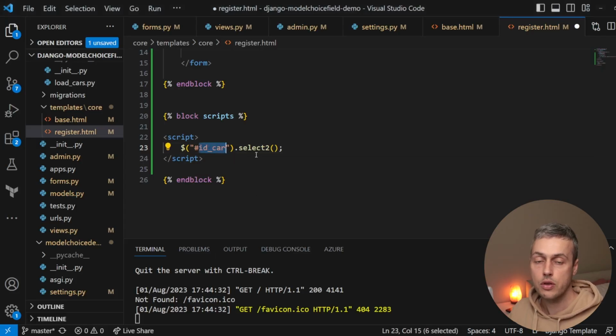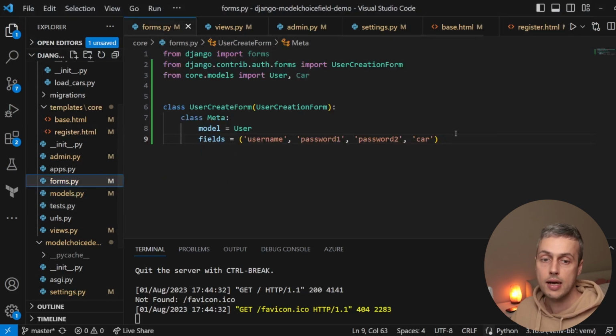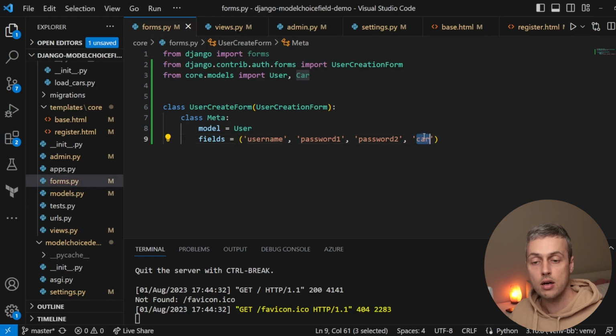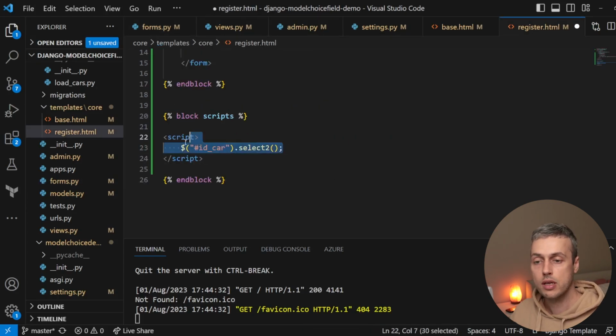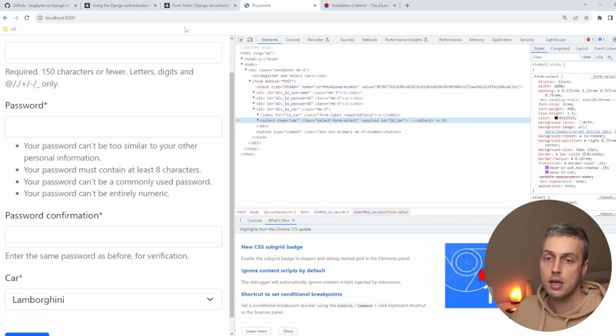jQuery selector. And the reason it's called ID_car, if you don't know this, if we go back to forms.py, the field in the form is called car. And when Django renders these forms in a template, it adds the ID prefix to the field name. So let's go back to register.html, and this simple line of code that we've defined should allow us now to search in this drop box. So let's save the file and go back to the browser, and we're going to refresh